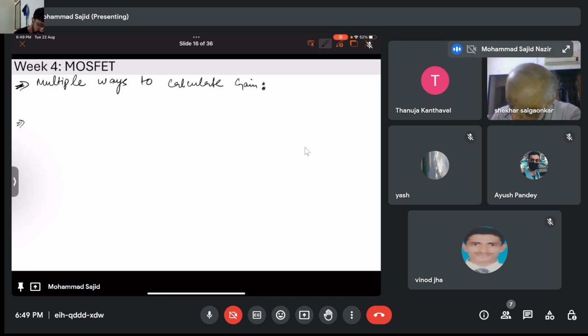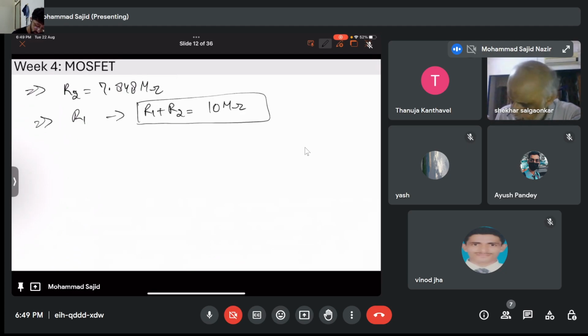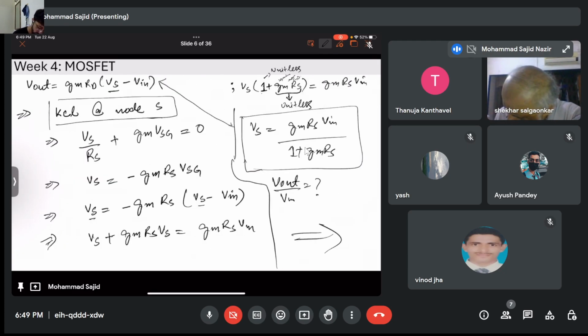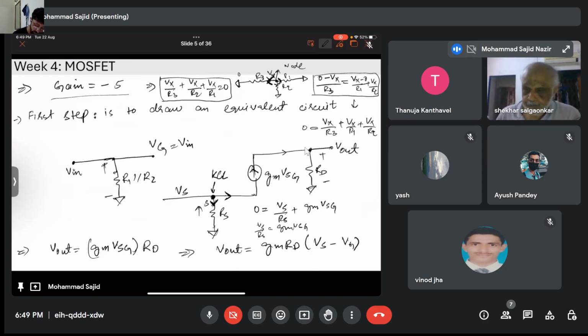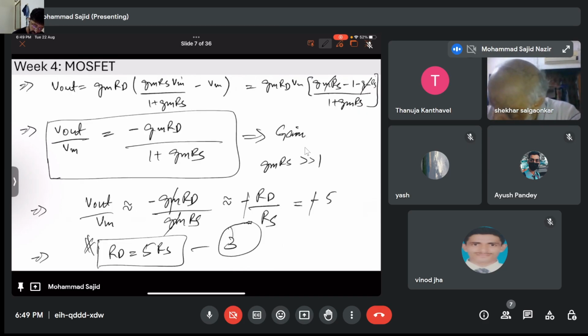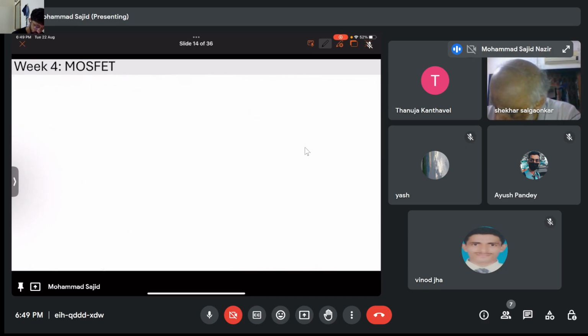To give an idea, we actually tried to use that as well. That's called source degeneration. Here, like we did in this analysis, we have RS here as well. So you can see GM reduction by 1 plus GM RS. This is actually the source degeneration. So we need to do this kind of analysis here as well. So one method is